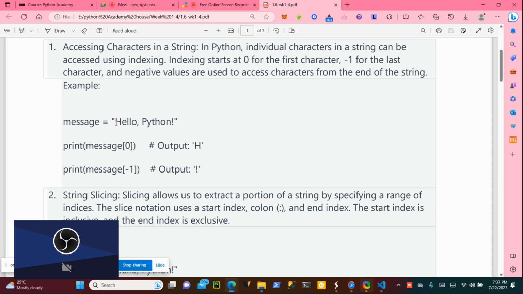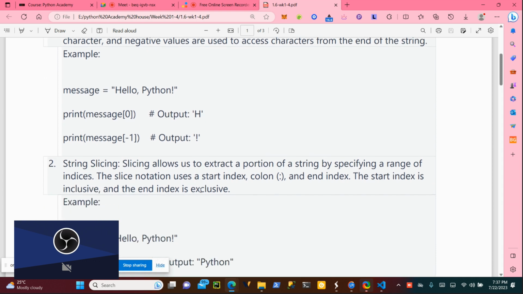Or you say you are starting from the front, which is also 0, positive, or you're starting from the back, which is also negative. I hope you understand. Yes, sir. Okay. So that is using the indexing. You can use the indexing to print individual characters.